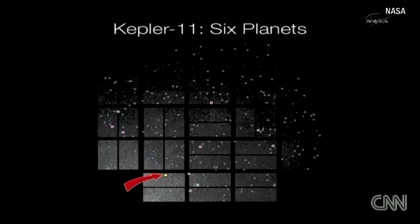This is a sun-like star. It's in the constellation Cygnus. It's approximately 2,000 light years from Earth, so the light that Kepler is seeing from this star left the star around the time Caesar was making his conquests. Now, if we can have the video,